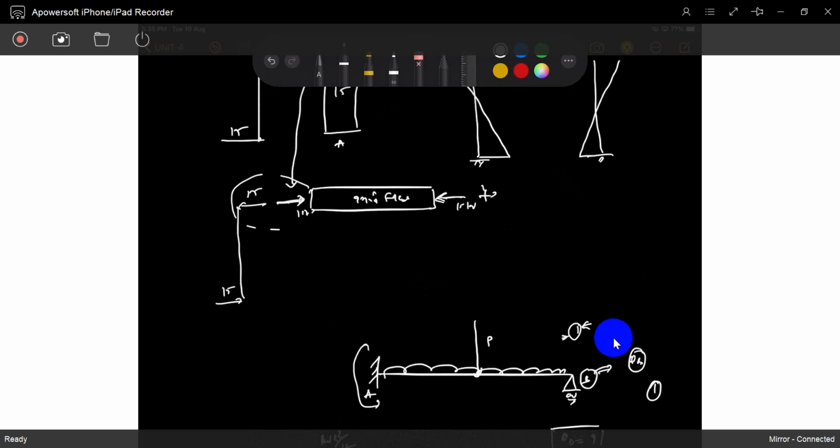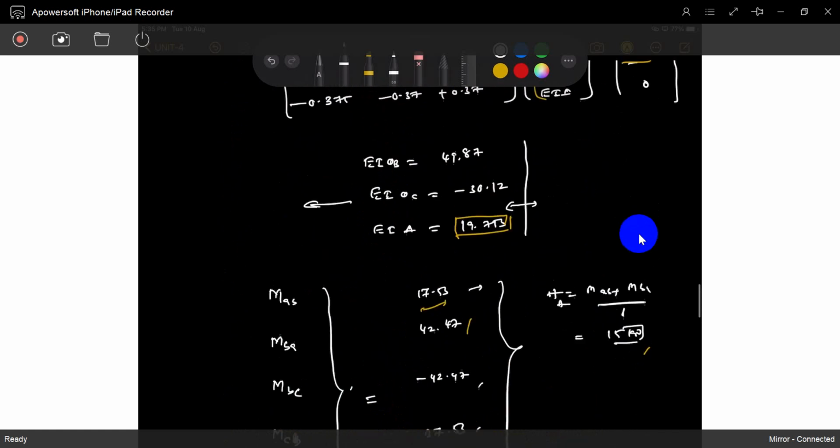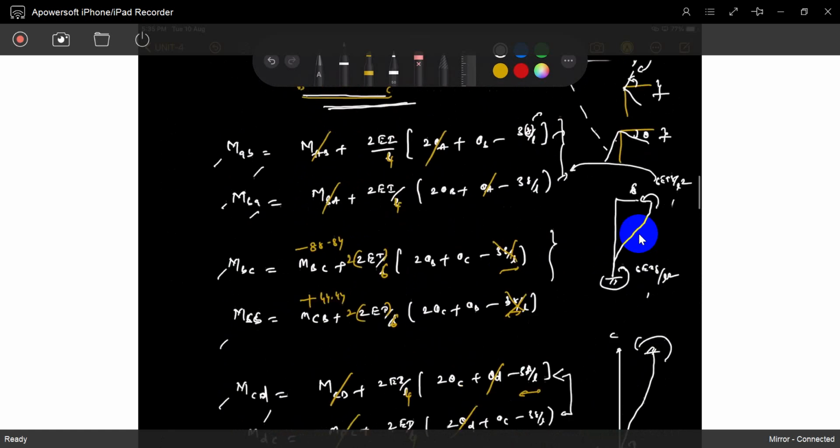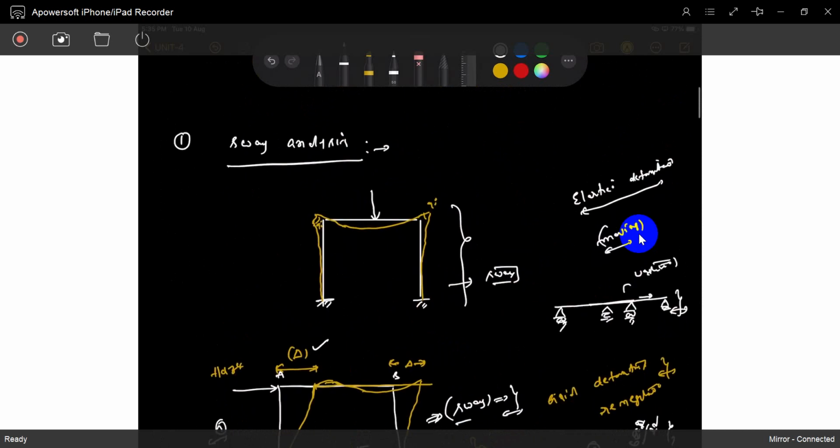Okay, that's what I want to say. Tomorrow also I will say at least 2 more problems. Then we can stop the slope deflection method and go to the moment distribution method. On the 13th and 14th are surveying, structural analysis, surveying and exams. Remember it. First 3 units, just prepare. It has a lengthy paper, you can take at least 2.5 hours. Solve those problems and practice. You can keep your textbooks in front of you and write, no problem at all. Just do the problems, that's it. If you have any